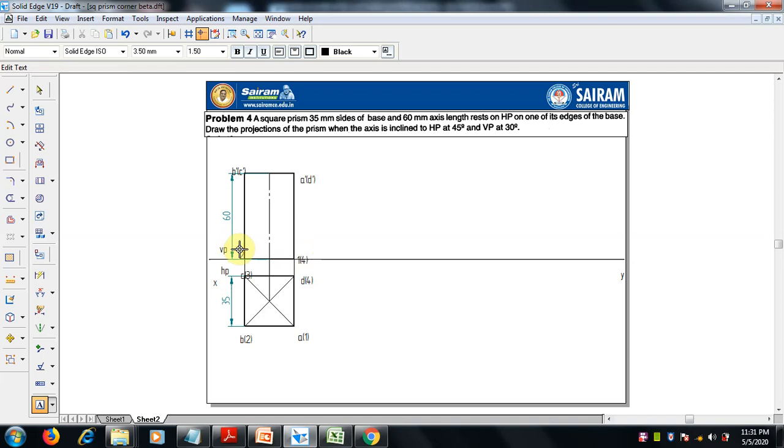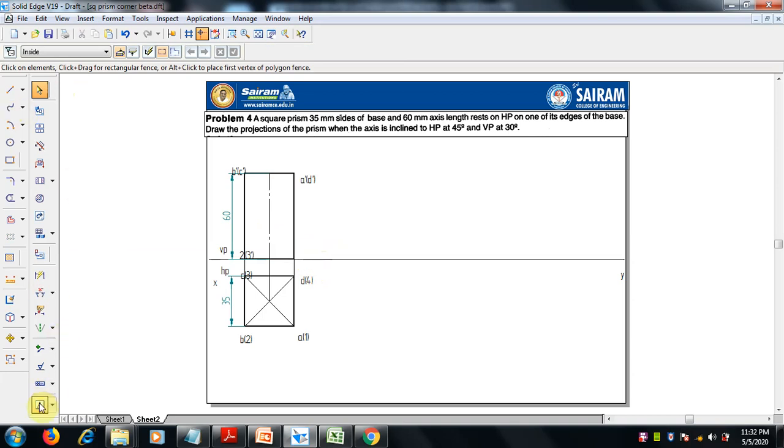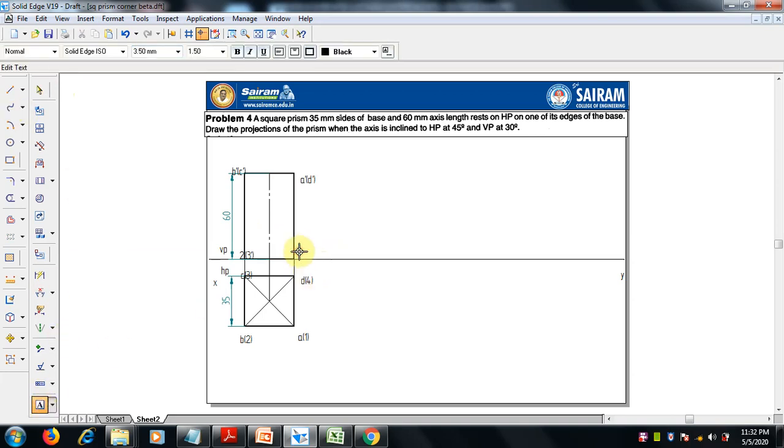Here 2 dash is visible and 3 dash hidden. So here, the views which are in front, we have to name with dashes. 1 dash, 4 dash. Okay, fine.